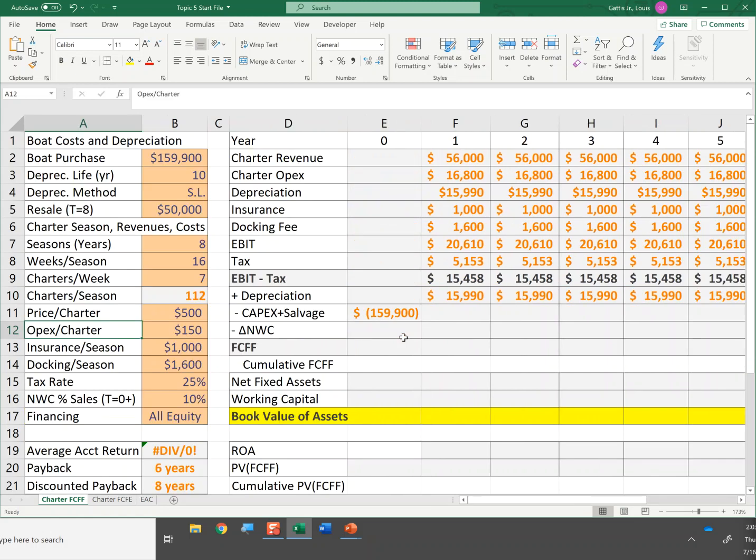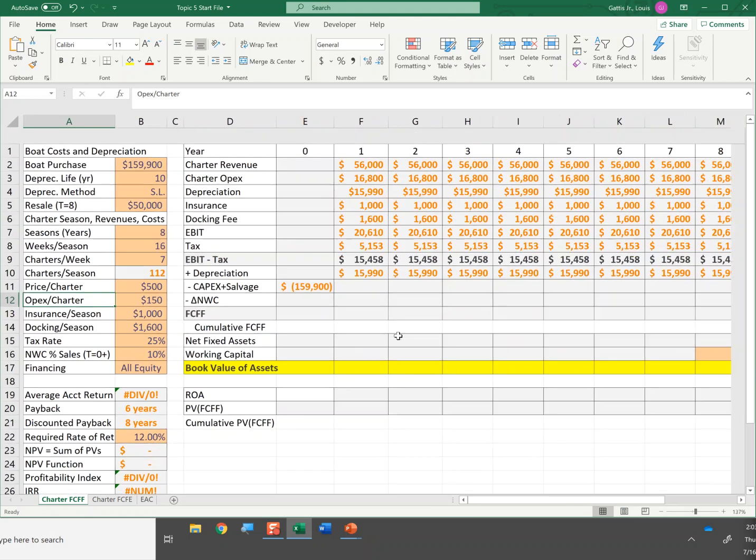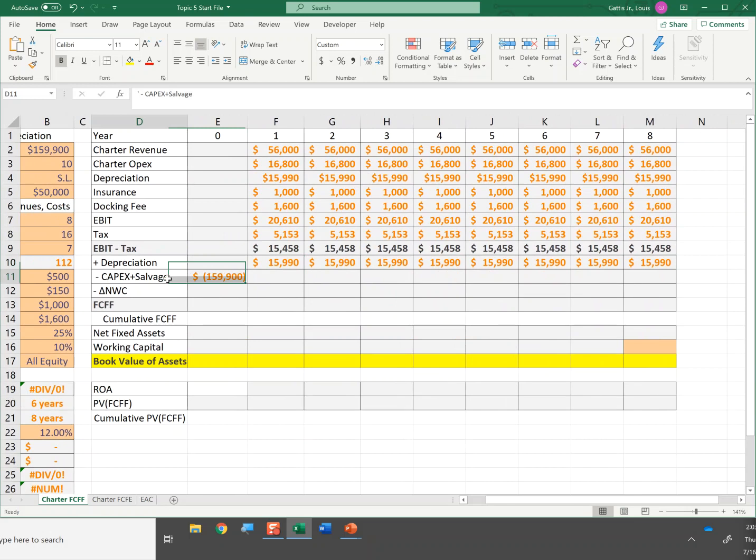And notice here where it says CapEx, it also has salvage. So I'm going to buy the boat today for $159,900, and I'm going to assume I sell it 8 years from today for $50,000. However, I'm not going to be able to keep the $50,000 because you have to pay